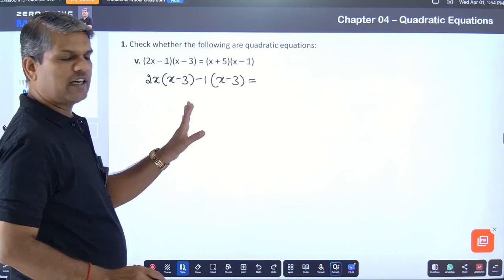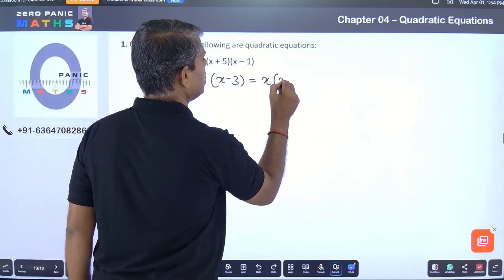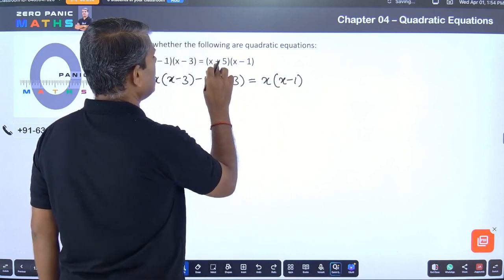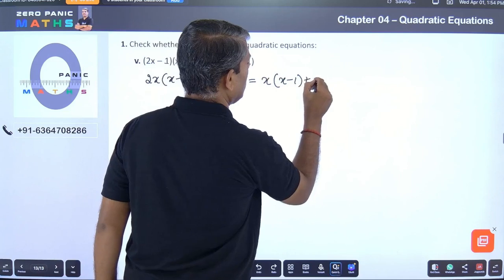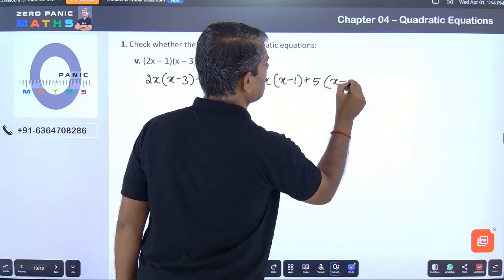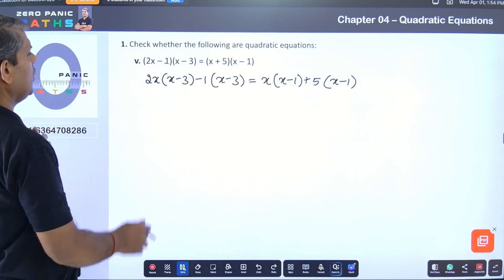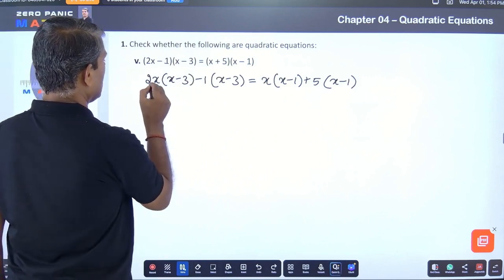Hope you are getting it right. x into x minus 1, plus 5 into the whole thing, x minus 1. Is it x minus 1 only? Yes, x minus 1. Okay, let us multiply 2x into